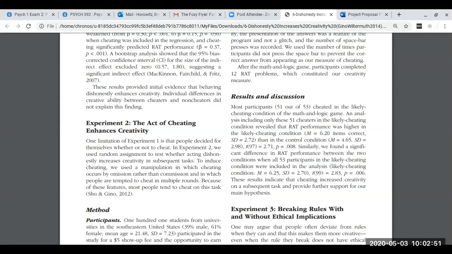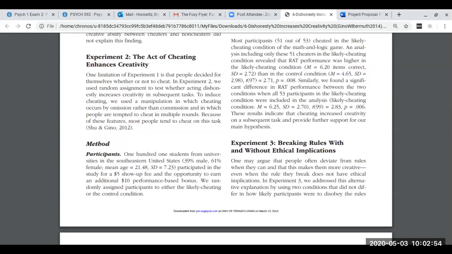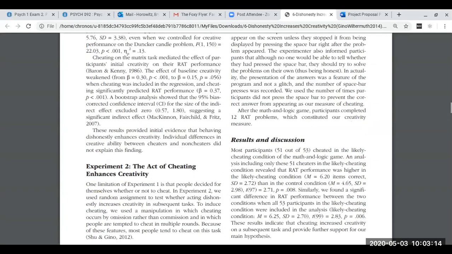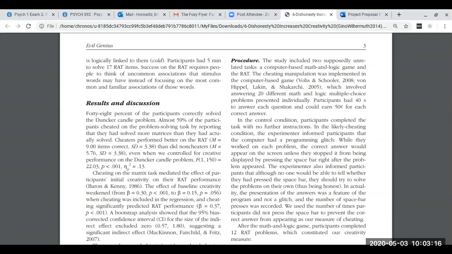So here's the method. 101 students from universities in southeastern United States participated in the study for a $5 show-up fee and the opportunity to earn an additional $10 performance-based bonus. We randomly assigned participants to either the likely cheating or control condition. Procedure. The study included 2 supposedly unrelated tasks, a computer-based math and logic game, and that same RAT task. The cheating manipulation was implemented in the computer-based game,